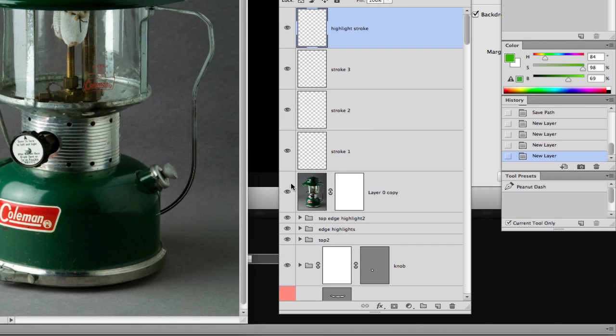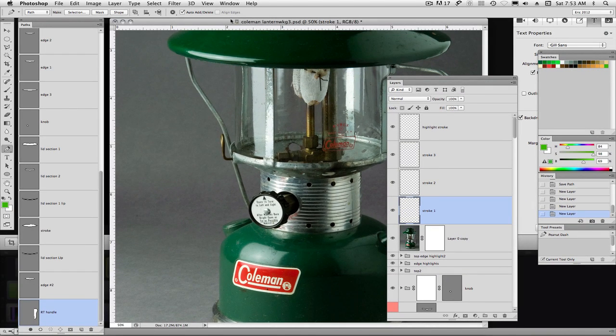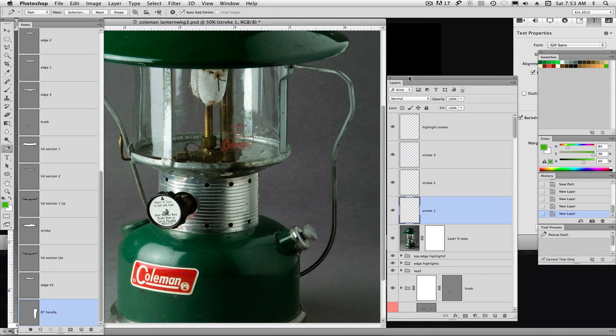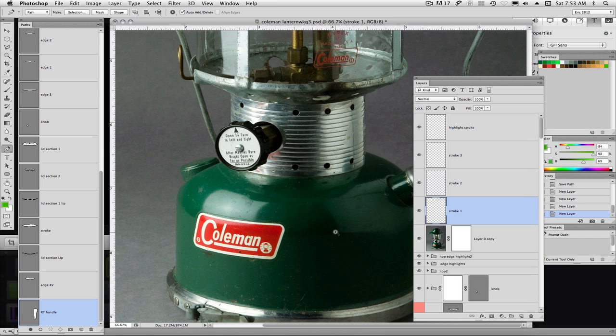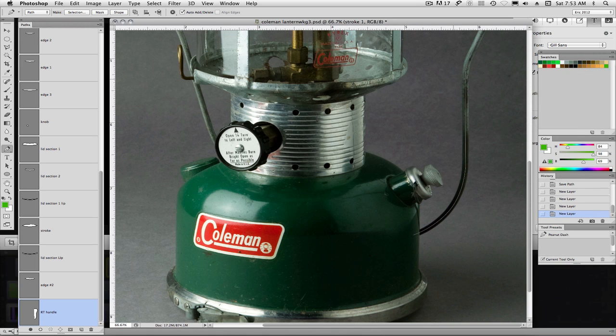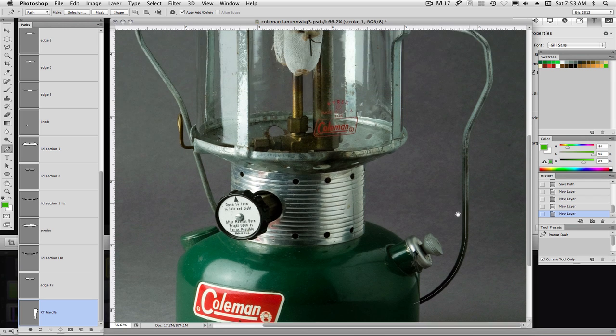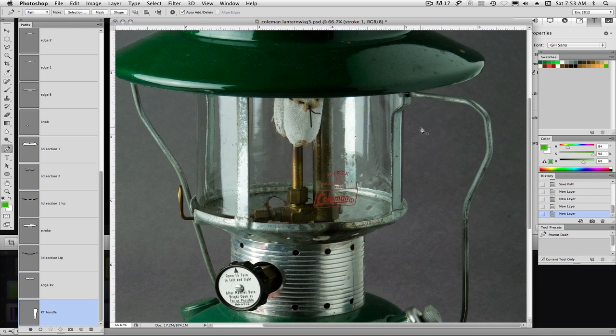Alright, so now we have the layers. We just need to make sure we're on the right layer. And I'm going to go ahead and move these layers out of the way. You just need to make sure you're on the right layer when you're working with this. And we'll choose a brush, because now we need to choose a brush size that we're going to stroke this with. So I'll hit B on my keyboard,